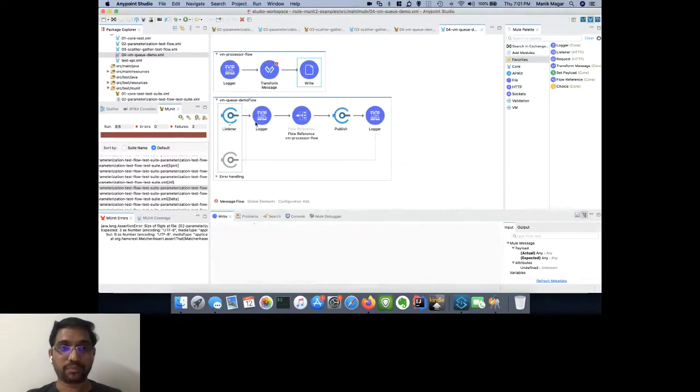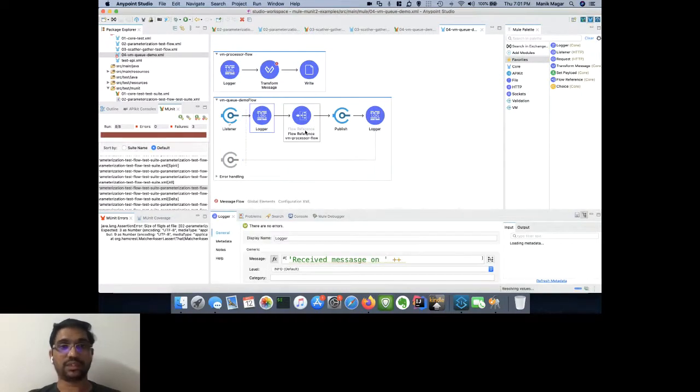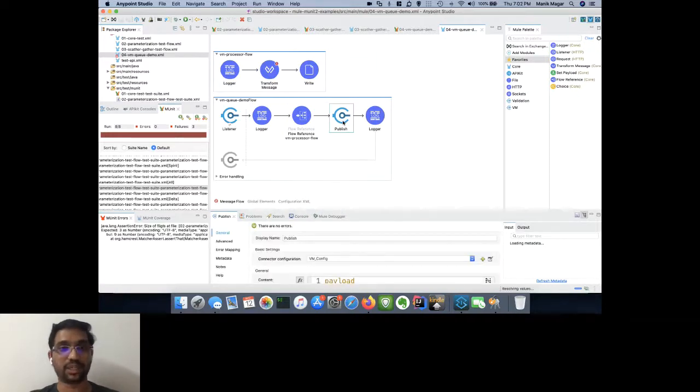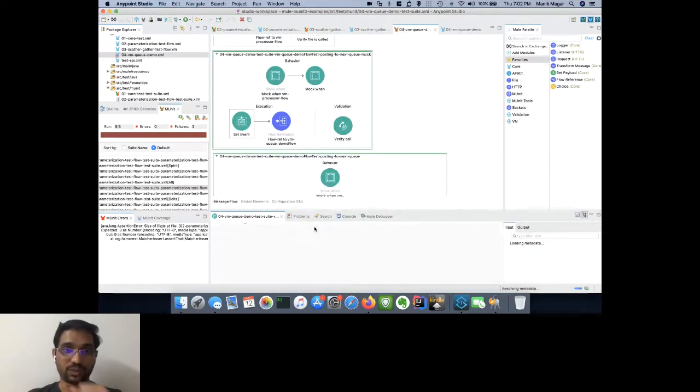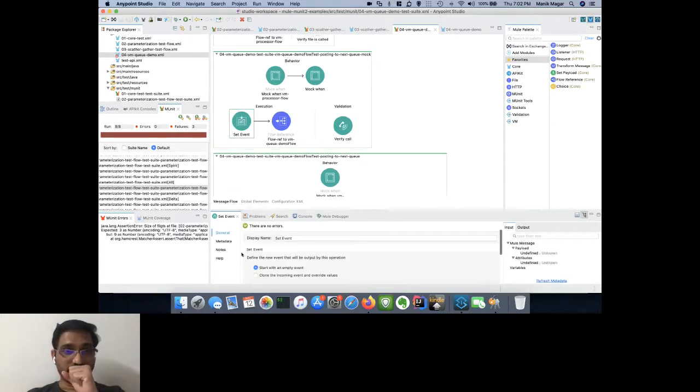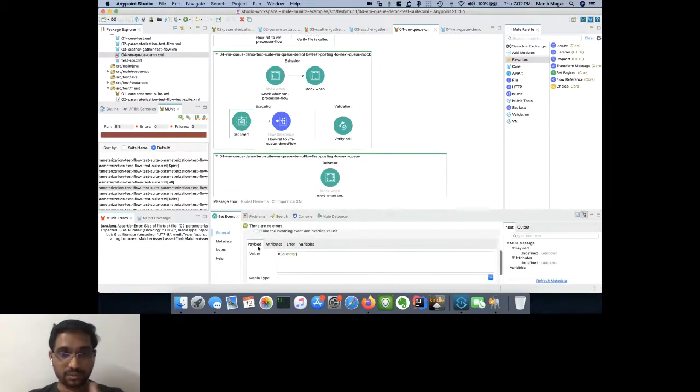For queuing, when we have this listener, and then you have a message coming in, again calling that flow, and it also has the publish to queue. So how can we validate the publish on the queue? Two ways to do that. First, you set an event, meaning setting the